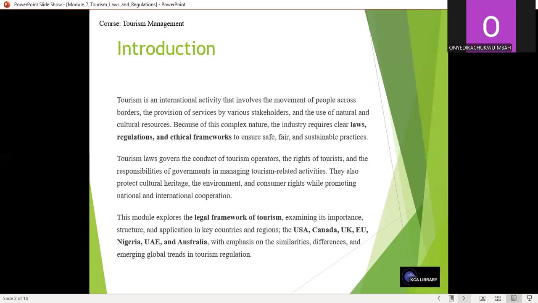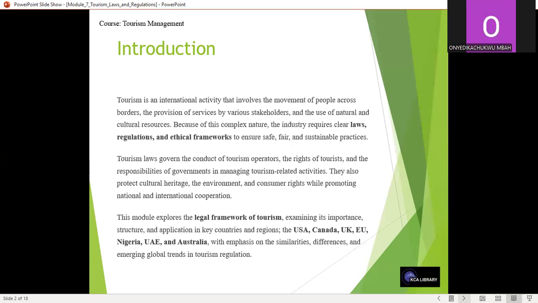So in this module we explore the legal framework of tourism, examining its importance, structure, and application in key countries and regions,